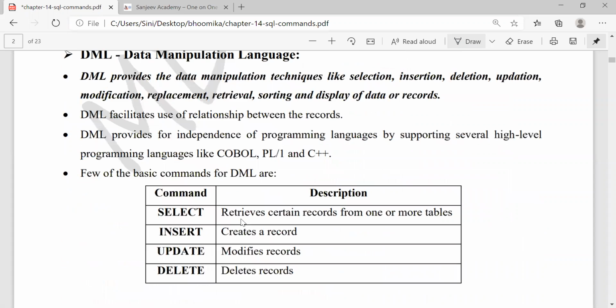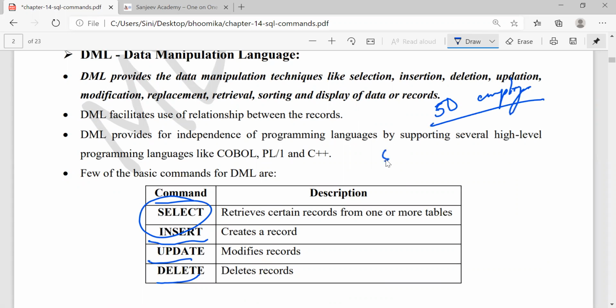Data manipulation. Manipulation in the sense, I am trying to change something. So I can insert, update, delete, and select. Select, for example: there are 50 employees in a company.